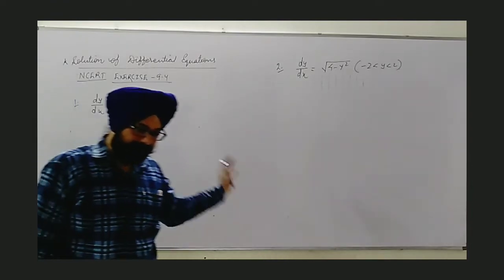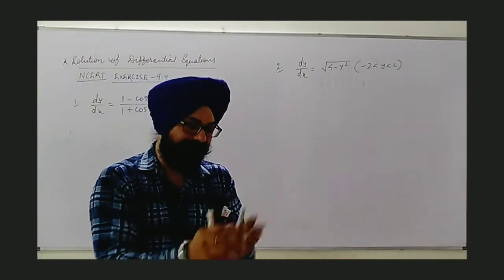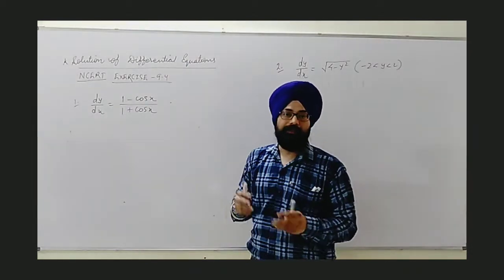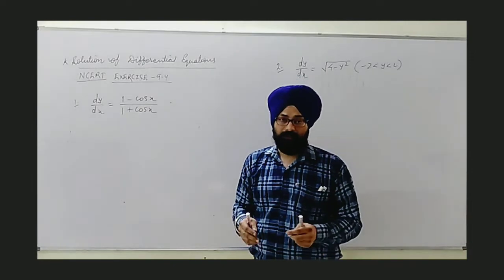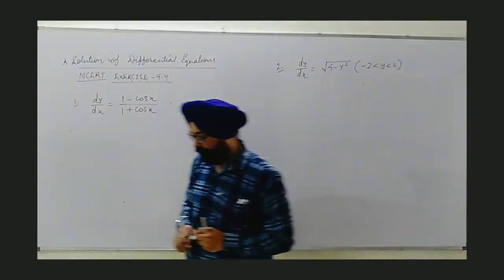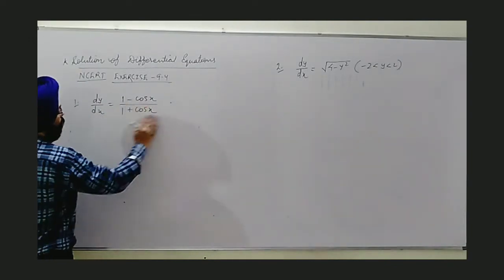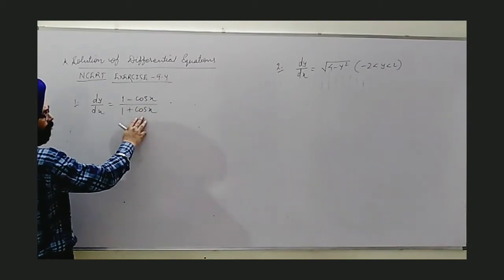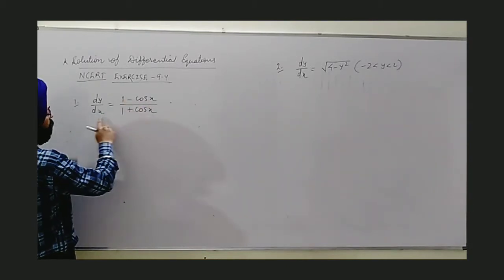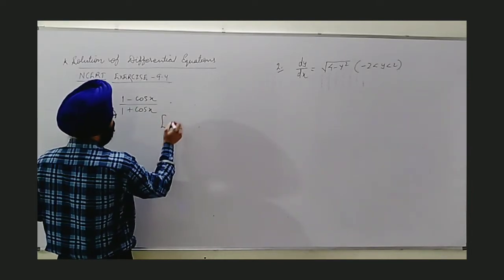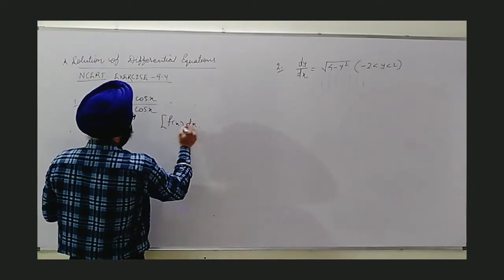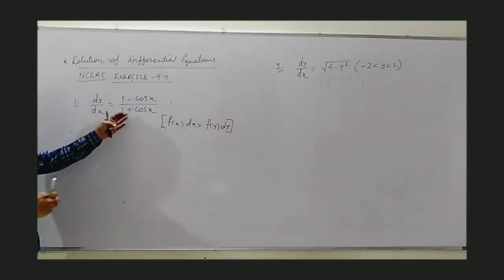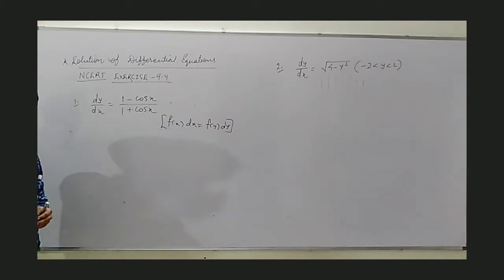Whenever you are solving either this type or the next type of differential equation, I suggest you always find the value of dy by dx first, because from here we can check whether it is separable or non-separable. Here I see on the right hand side we have all the terms in x only, which means this is a function of x. So we have to write this function with dx. As I said, in separable you will find f of x with dx and f of y with dy. As we don't find a function of y, simply dy will be kept around.